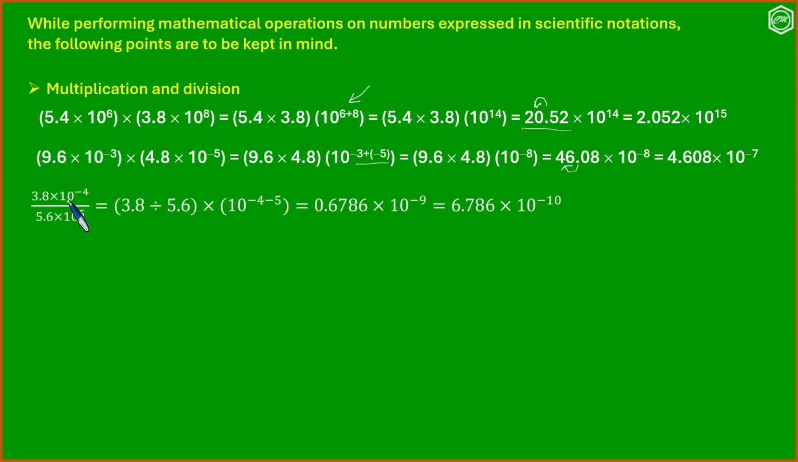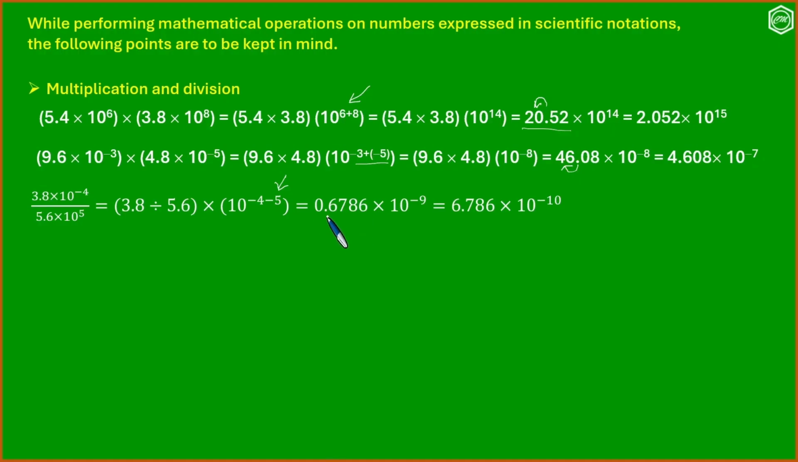Now consider division. 3.8 into 10 raised to minus 4 divided by 5.6 into 10 raised to 5. So this is 3.8 divided by 5.6. And when you take the exponent to the numerator, it becomes minus 5. So plus 5 becomes minus 5. That is 10 to the power minus 4 minus 5. And that is 10 to the power minus 9. So the division of this one gives